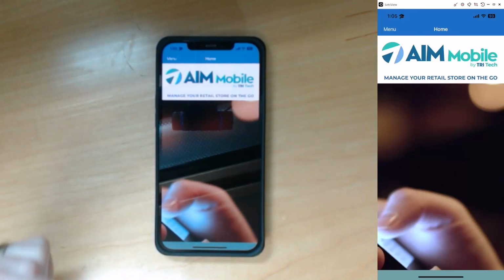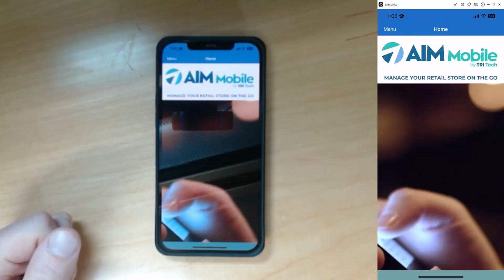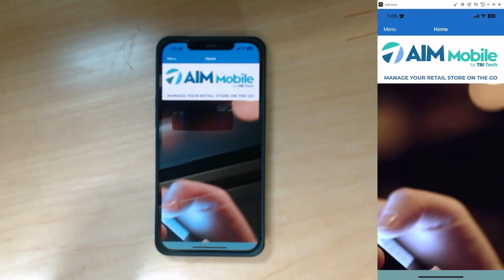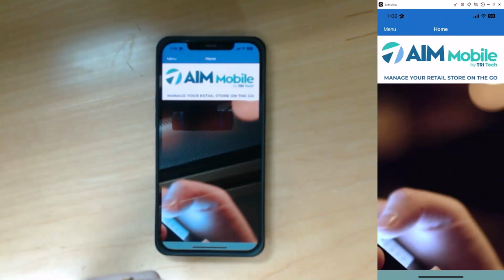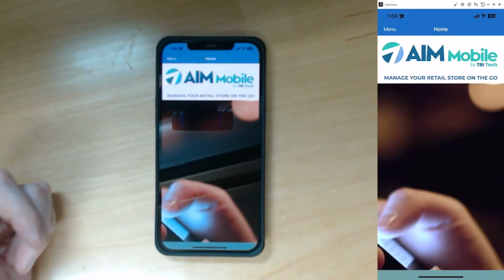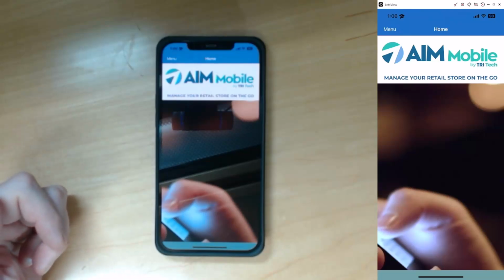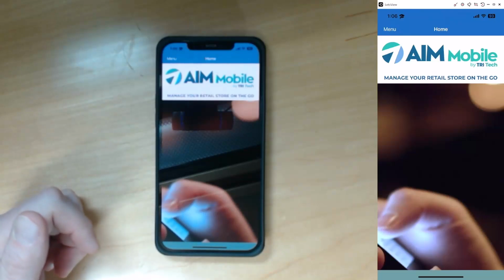If you are not yet signed up for our AIM Mobile app service on ActiveE, it will just connect to our test database where you can play around with it and get a chance to test it out ahead of time. But when you are ready to take advantage of it, go ahead and give our sales department a call and sign up for that AIM mobile service, and you'll then be able to connect that particular app as well as any other phones that have downloaded the app to your specific database